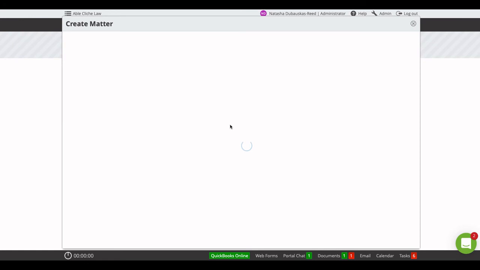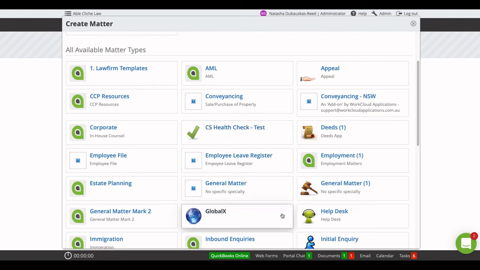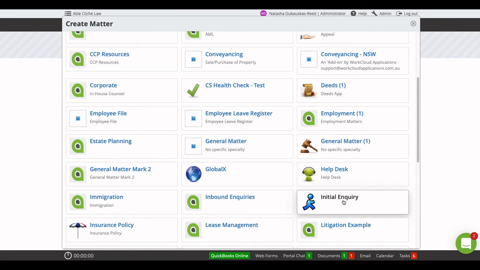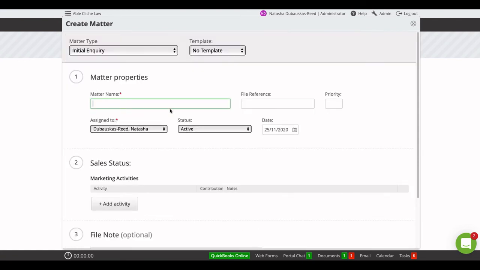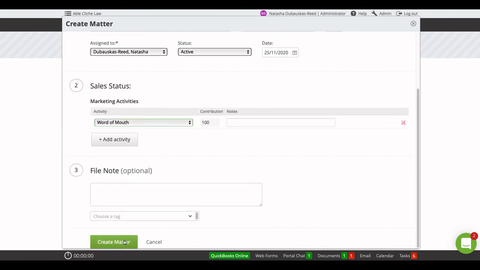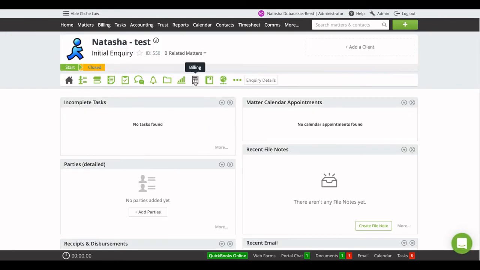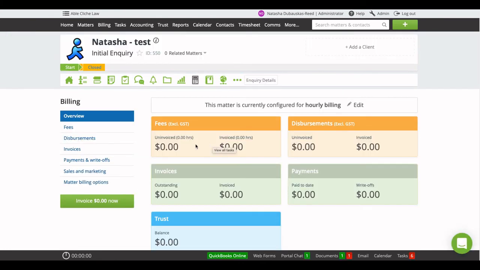So now if I create a matter, we'll create an initial inquiry matter. I'll just give it a test name. We can then add our activity. And this one, let's say, was word of mouth. We can now create that matter. So now if I go into the matter and I build the matter,